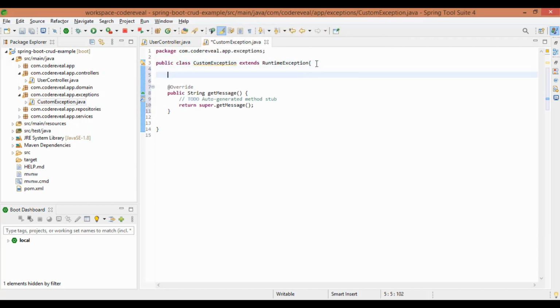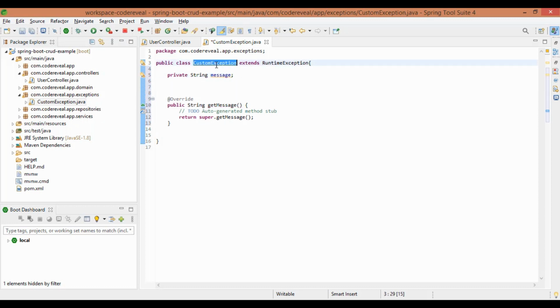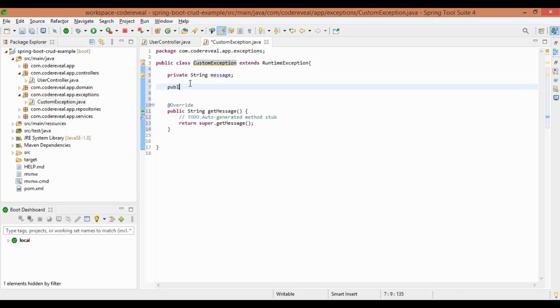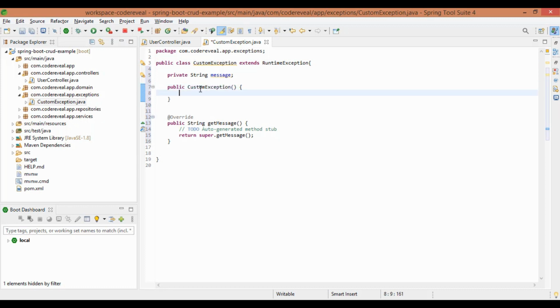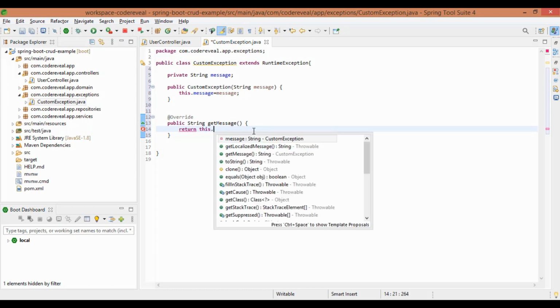So here we have implemented the existing getMessage method. Let's create a constructor here with the message argument. So this is the custom exception class that we have created.